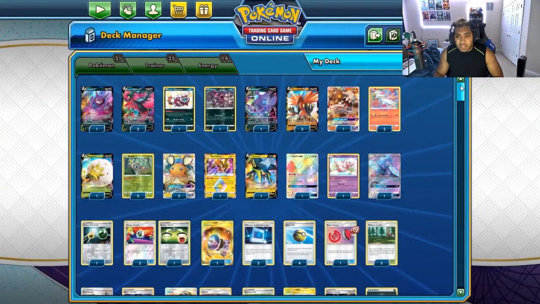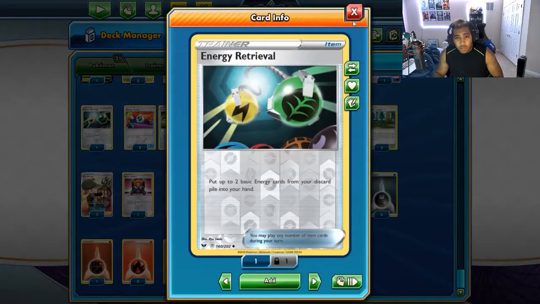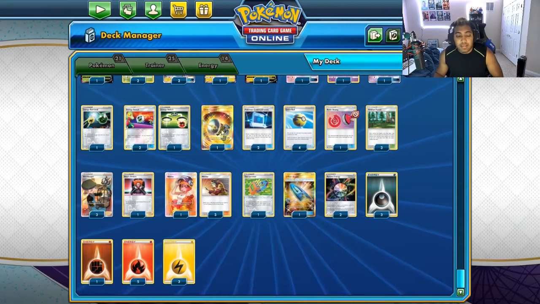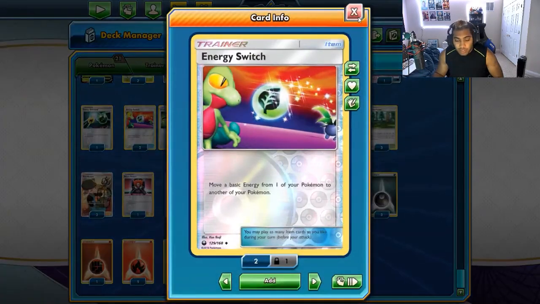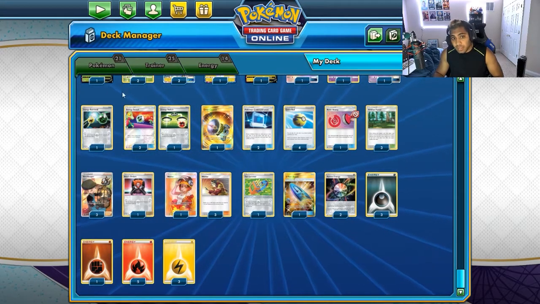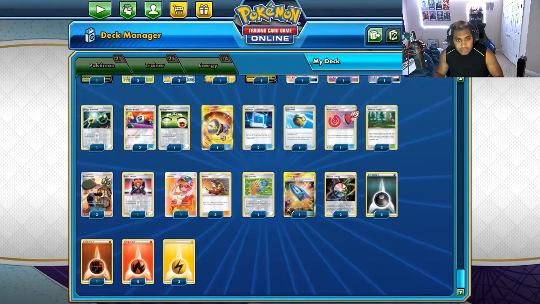Let's go through the items now. We have 1 copy of Energy Retrieval because we play so many different kinds of energy, and it's also a free card into the Welder, which I really like. We have 3 copies of Energy Switch. I would like to find room for a 4th because moving around basic energy is the premise of the deck entirely. 1 copy of Great Catcher because why not just bring up like a Dedenne to end the game, especially